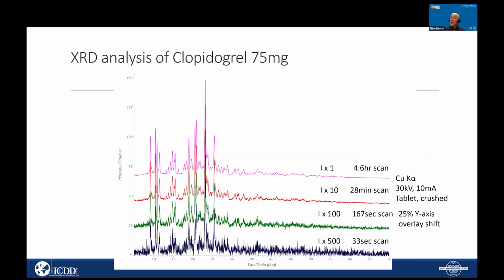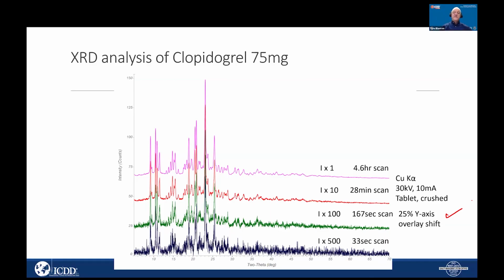And yes, that's true, because first of all, gold is a great scatter of X-rays. Second, it's a single phase sample, so you're going to get that as an answer. But what do you do when it's more of a composite complex sample? So here are scans of this powder sample run at 33 seconds, 167 seconds, 28 minutes, and 4.5 hour scans. Now I've increased the intensity because the 33 seconds is obviously going to be much lower counts than 4.6 hours. So we've normalized the intensity,